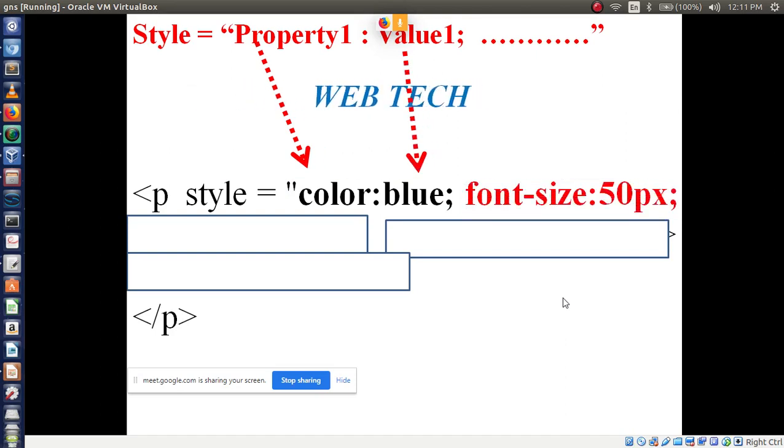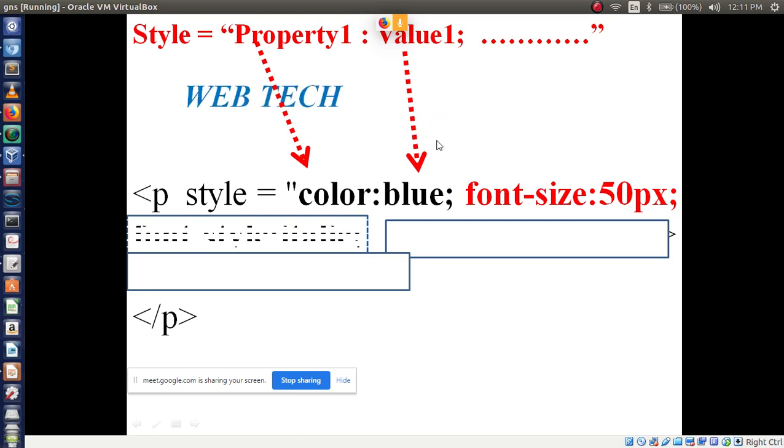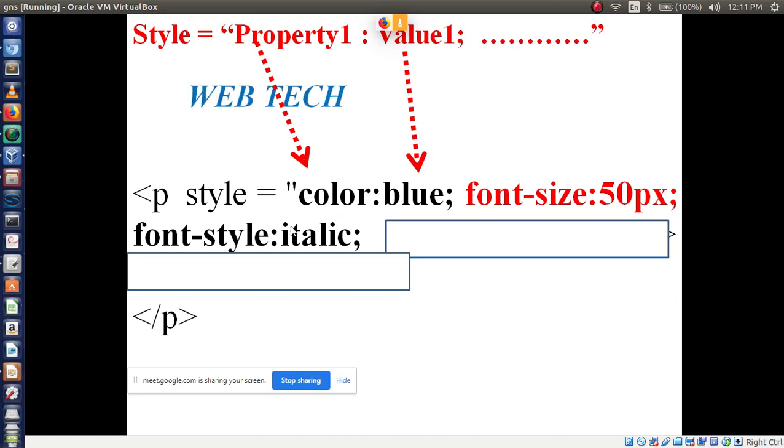Okay, next one is I am displaying this in italic, right? So font style, here we are using which kind of property? Font style, it shows italic, right? The value is italic. Then font style is the property. Is that clear?